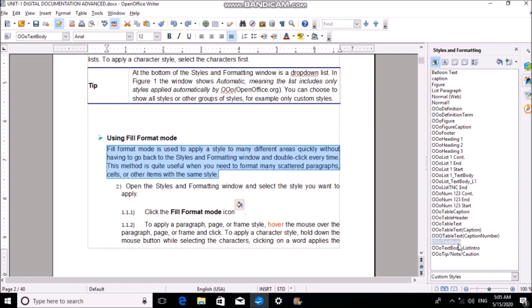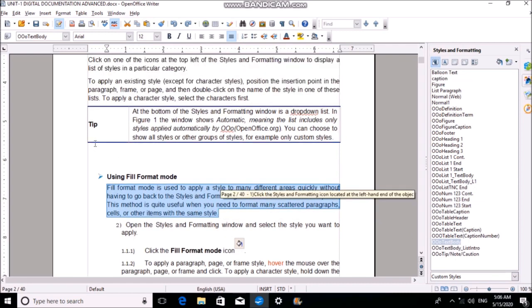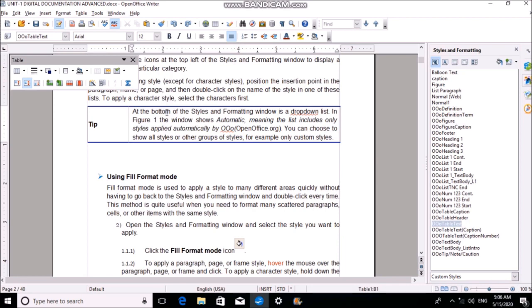This is the paragraph style. Under this, I have to check what kind of style they have used in this other paragraph, and they have used table text. So I want to change the whole paragraph, not by selecting each and everything, but by using the fill format option.